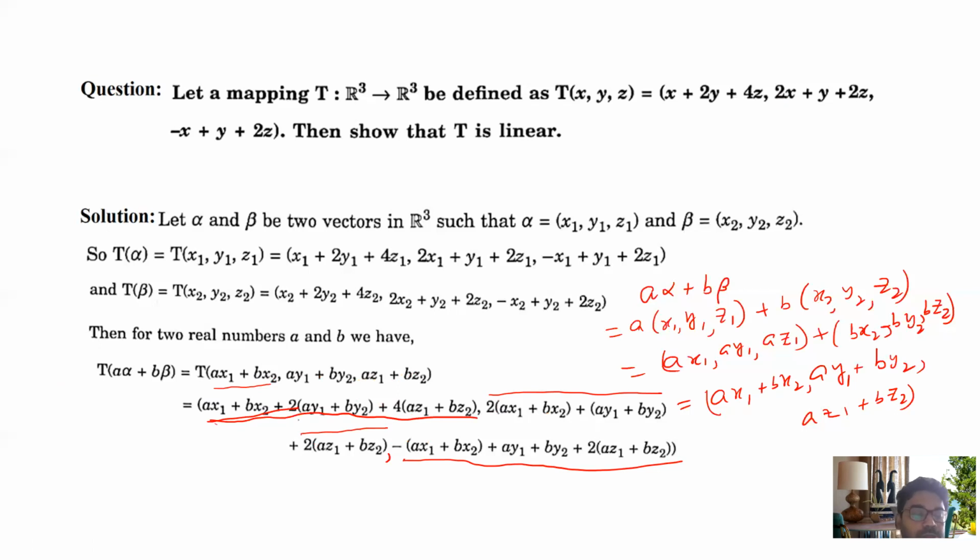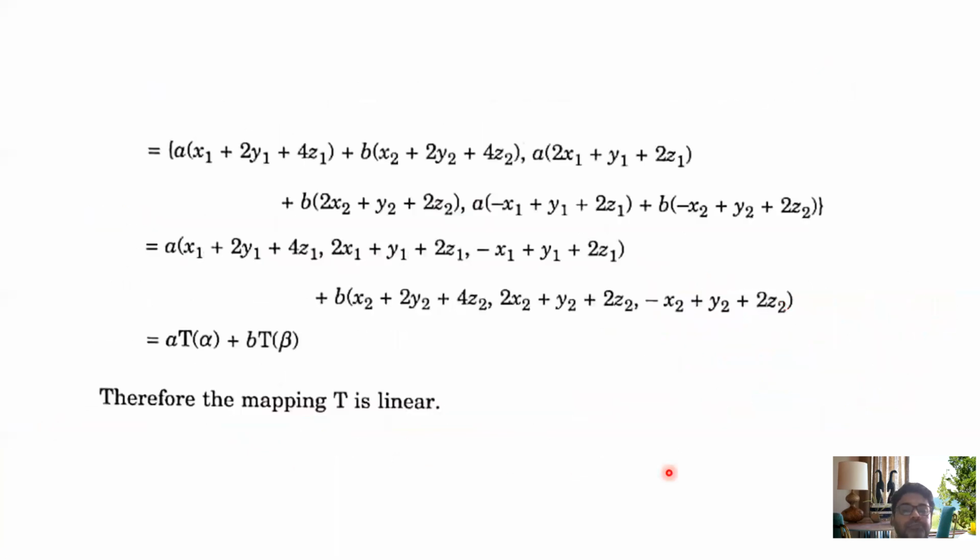When you substitute this, there are three coordinates. So when you substitute this into this form, then we have this. This is your first part, this is your second part, and this is your last part. Okay. Then if you take A common, that is x1 plus 2y1 plus 4z1 plus b, x2 plus 2y2 plus 4z2,